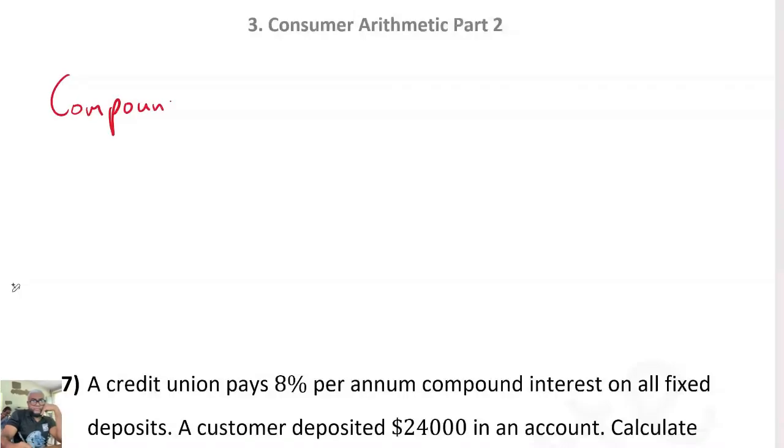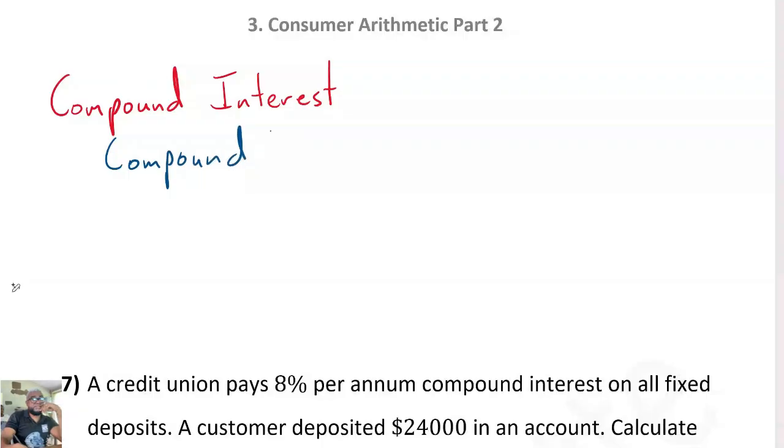Compound interest. Right? So compound interest, try to write at the same speed with me, please. Compound interest, they don't have this note. Oh, you're right. Compound interest,